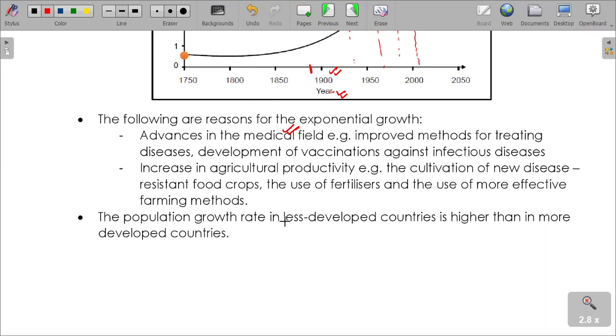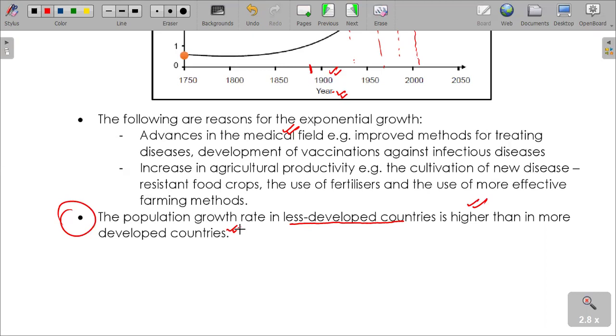And then population growth in less developed countries is higher than in developed countries. This is one point that we should also look at in terms of the comparative analysis of population growth. Population growth in less developed countries is higher than in developed countries. You can see there is quite a contrast, a contra relationship, that we can agree on in this regard: why is it that less developed countries have higher population growth than